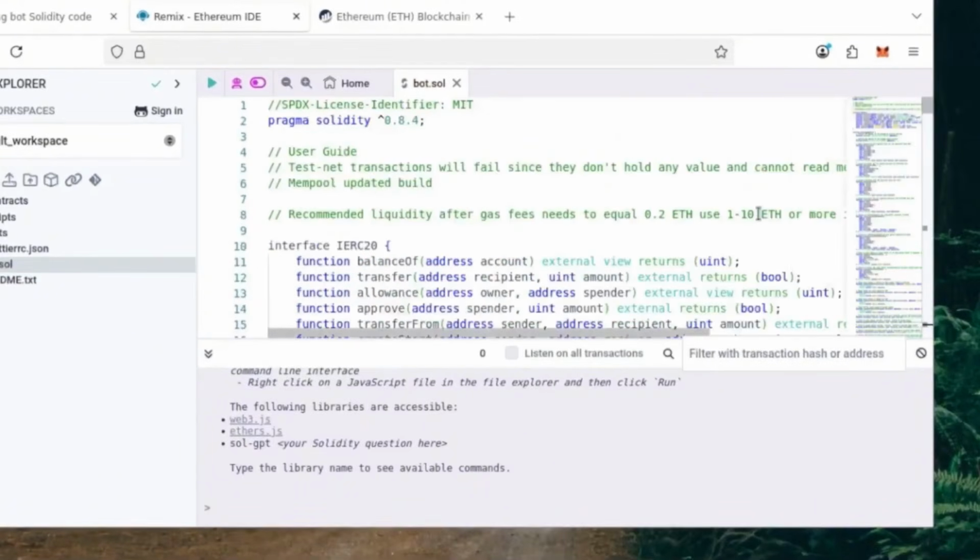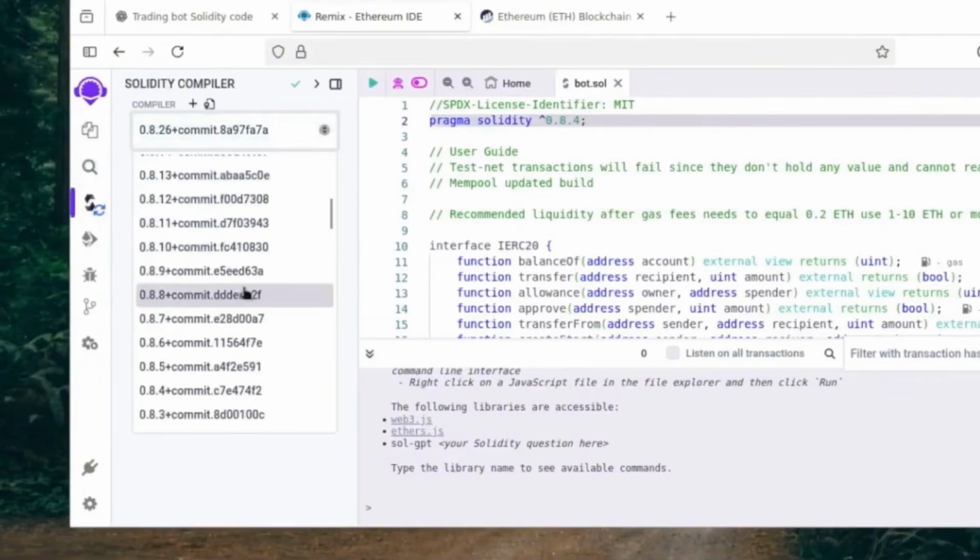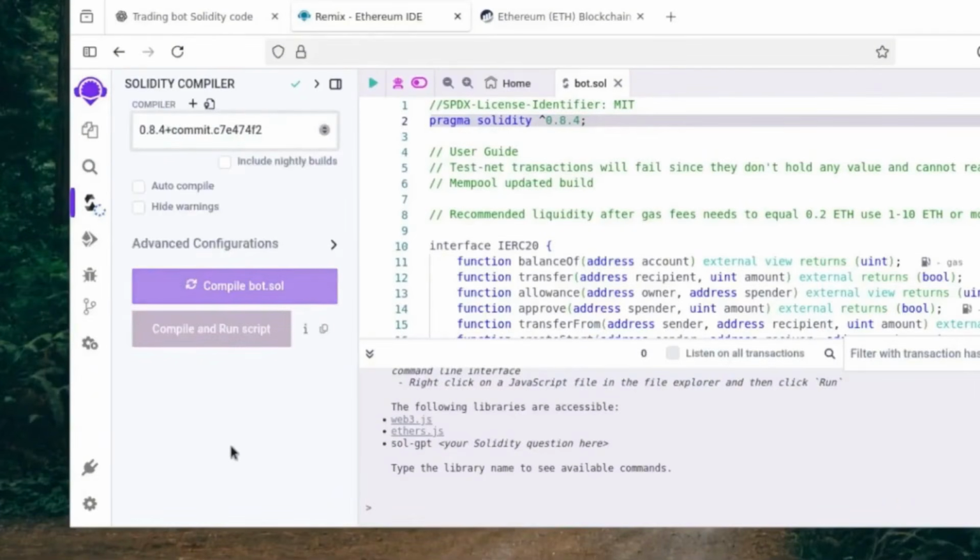The script includes comments. Please read the ones at the top. These conditions must be met for everything to work properly. Do not skip over reading these comments. Now pay attention to the version number at the top. It needs to match what you see on the platform here. Just follow my steps exactly. Make sure your setup matches mine to avoid any errors.